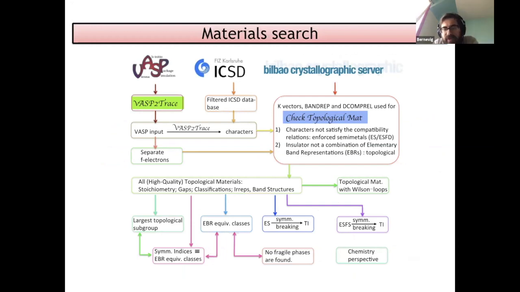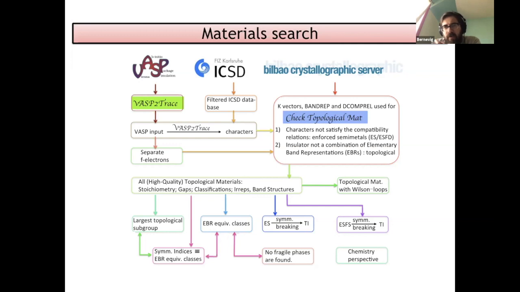But before you do that, you need to build some more tools that weren't available yet, at least in the ab initio program. So the way this high throughput program works is you get a material from the database, you have its symmetry group, lattice structure, etc. And then you run a DFT code to get the wave functions at high symmetry points.